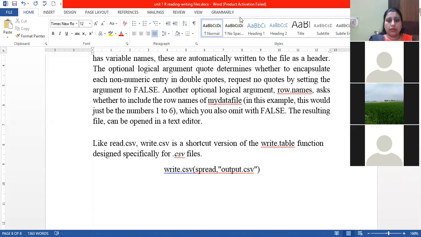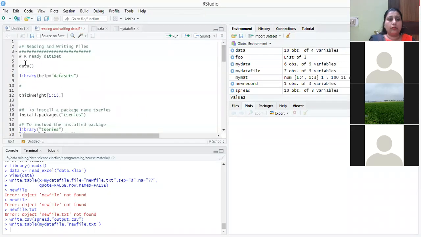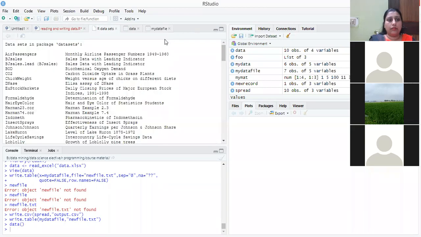I will show you all these operations in RStudio. As I told you, if you want to see how many data sets are available, we just type data and blank brackets. This will show me the number of different data sets. If you see data sets in the package datasets, these are all included.